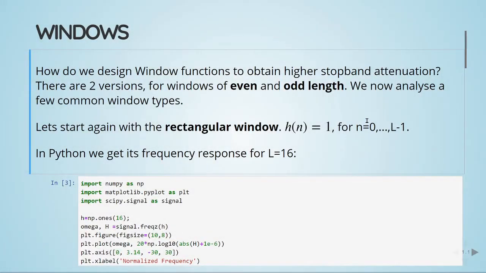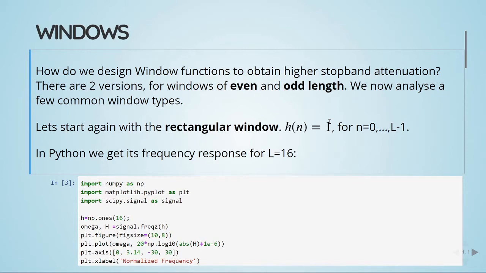So how do we design window functions to obtain higher stop band attenuation? We need to think about two versions for windows, one with even and odd length. So we now analyze a few common types of window. We will start with the rectangular window, which is